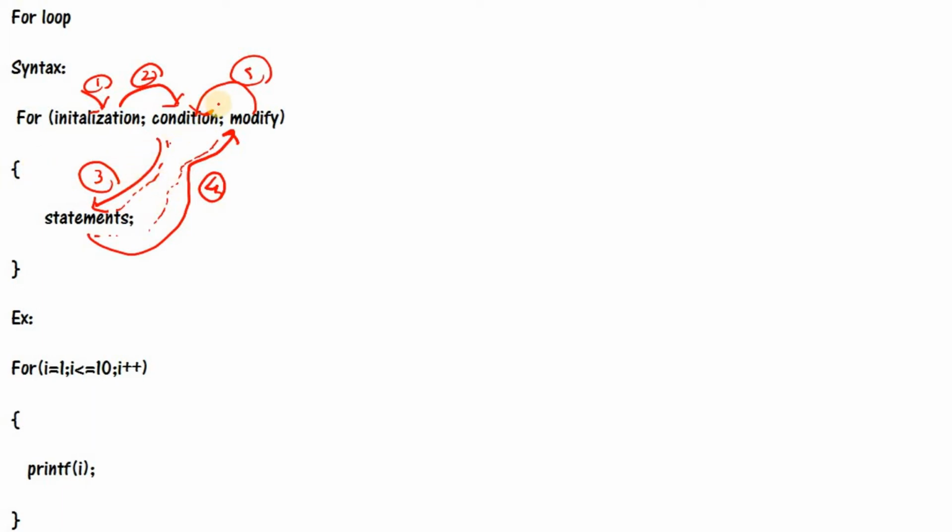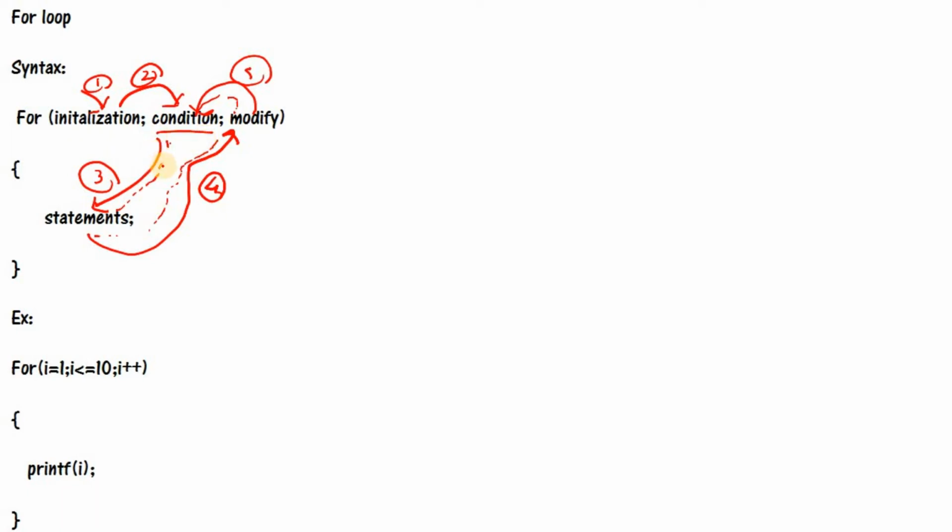Here the loop will repeat as long as the condition is true. So when does it terminate? When the condition has failed, it does not repeat the loop. This is the flow, nothing but the syntax.